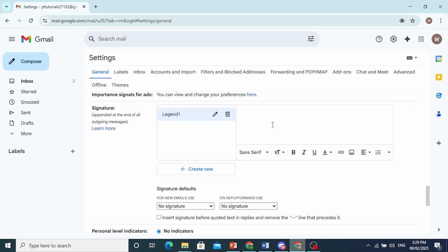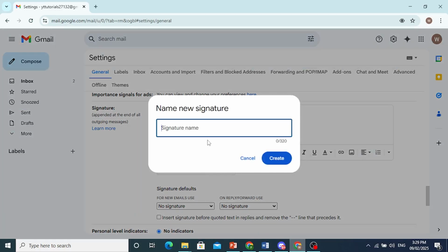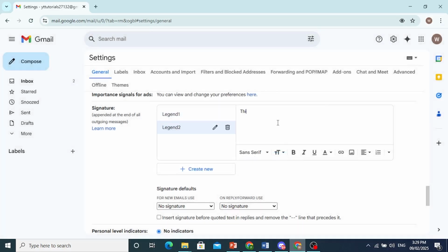You can go ahead and write something here. Maybe this is a test. Okay, you can make it bold, italic. You can go ahead and customize this according to your needs. I'll create a new one right now. We'll do legend 2. And then we'll do, this is a sample. Okay, now we have created 2 different